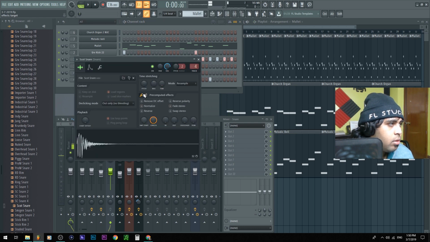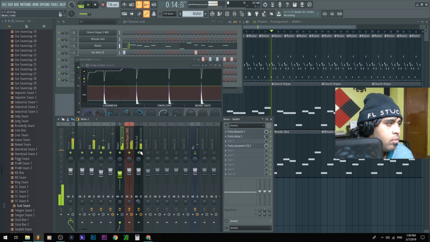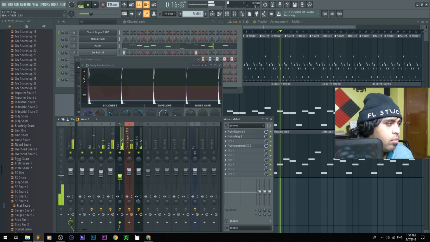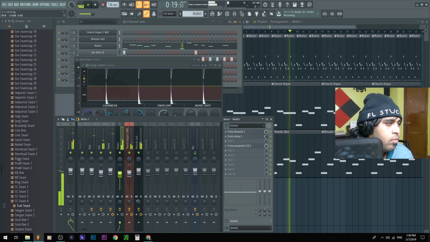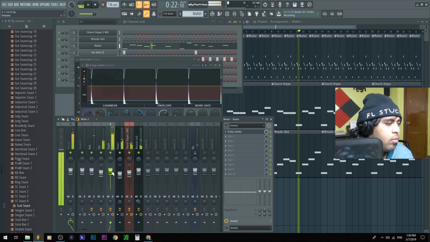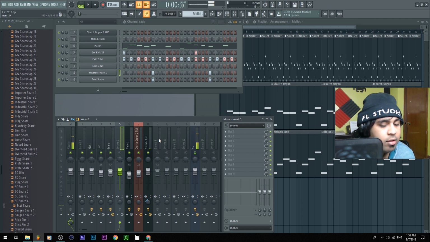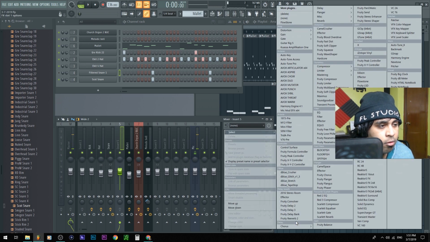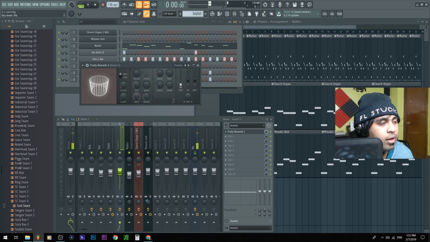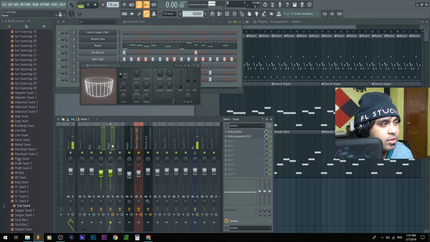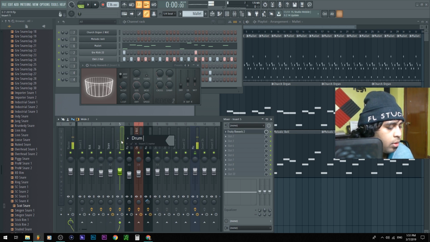Not too much of a punch though. We might want to give the snare and the hi-hats and other percussion sounds, except for the kick probably, a reverb. You could put the kick, but let's give it a reverb. So I'm going to go into a new insert, reverb 2. I'm taking off this dry. The dry is basically without the effects. And what I'm going to do is highlight snare and hat, double click and drag. Find this new insert, right click and route to this track. There we go. I'm going to name this drum reverb.